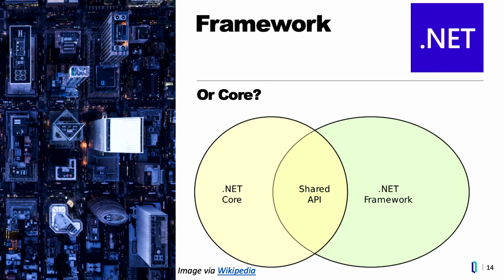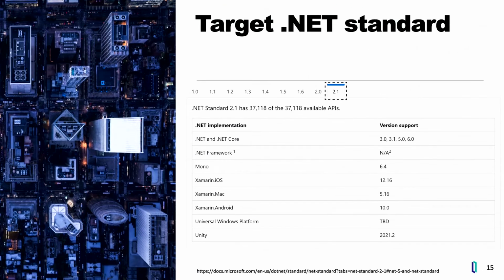Okay. To make your life a little bit easier, there's a really good page by Microsoft which tells you exactly which APIs are available in which version of .NET Standard. Okay, so if you click here, like this one is showing .NET Standard 2.1, it tells you out of these APIs, that many APIs are available in that version. And you have to target this version of .NET Core, and you have to target this version of .NET Framework in order to be compatible. So that's a really good page to visit regularly when a new release comes out.